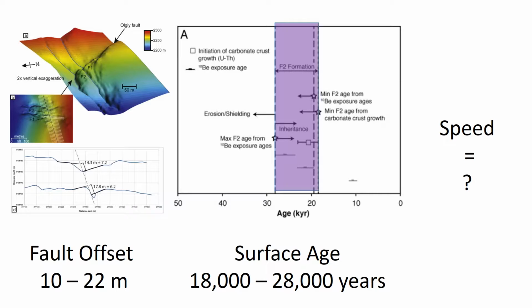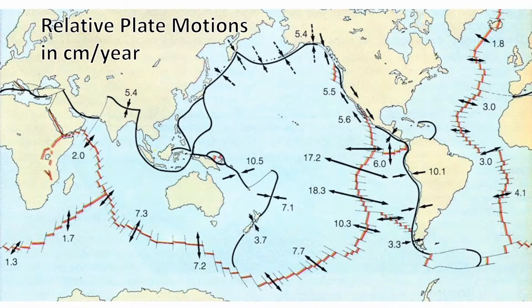We basically combine our fault offset, okay, with a surface age, okay, and this gives us a rate of movement on that fault. Okay, so I could ask you to work out how fast it's moving, but it's kind of one number divided by the other. So it's somewhere between 0.4 and 1.2 millimeters per year. Okay, that doesn't seem like a huge amount. It's very slow as far as we're concerned,